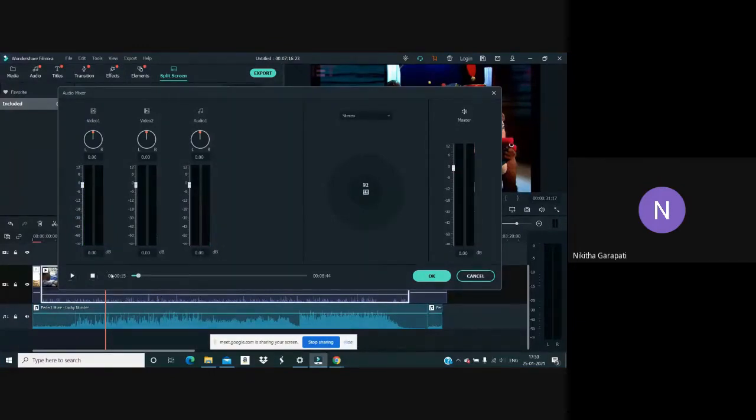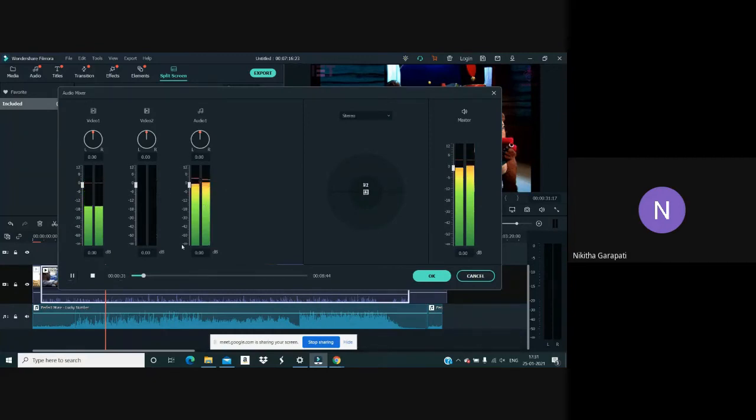So you can adjust them however you want using this particular bar.